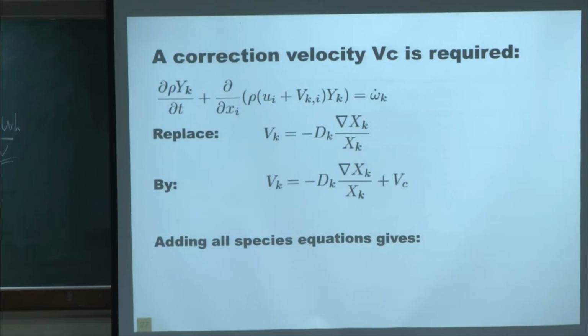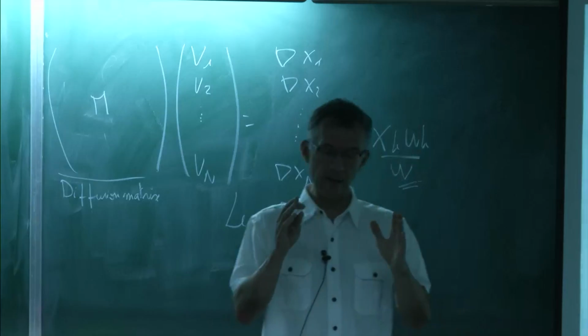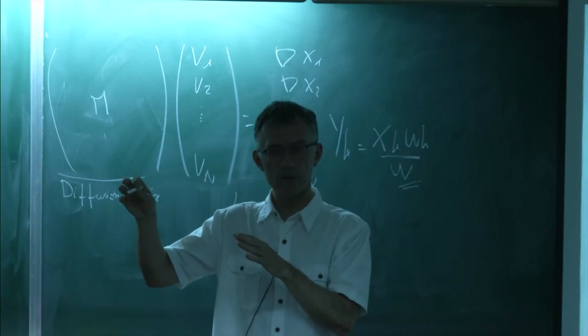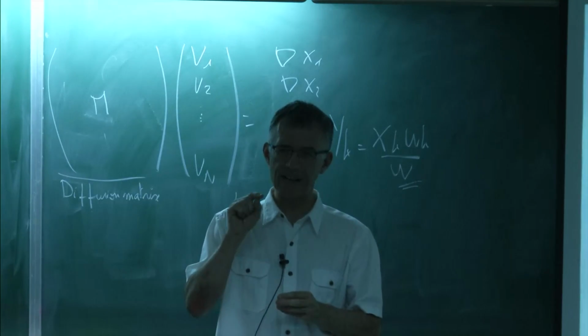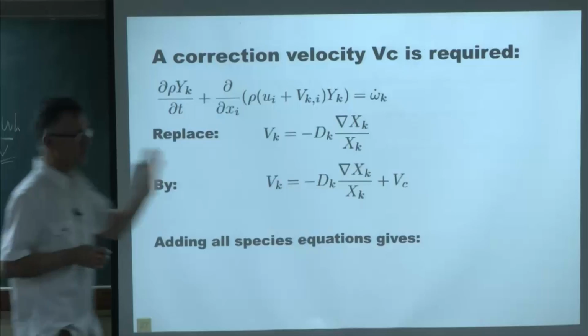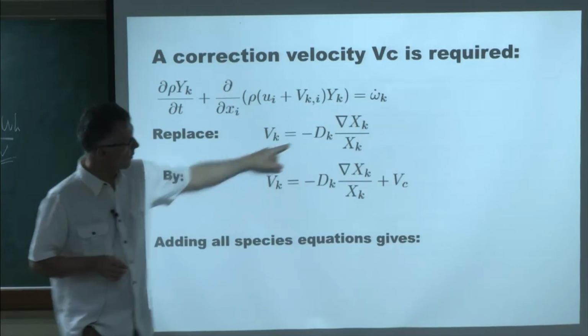Well, there are different ways to do that. I know that a lot of people compute n-1 species, and then for the final species, they say it's 1 minus the others, and then of course you don't have a problem. But if you look at what this last species is doing, it has a very strange behavior. The best recommendation here, again, and that's in the book of Giovangigli and Ern, is to replace this expression by